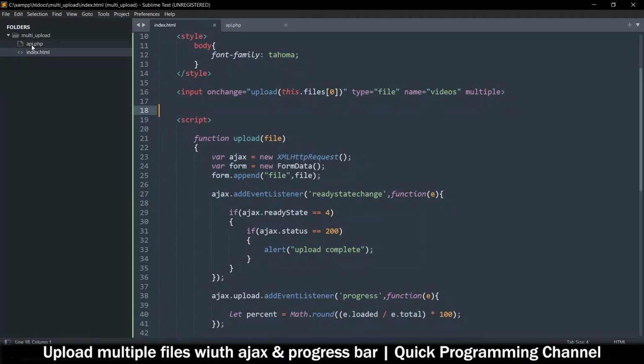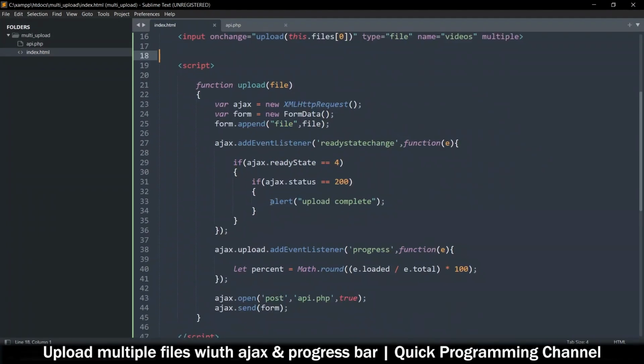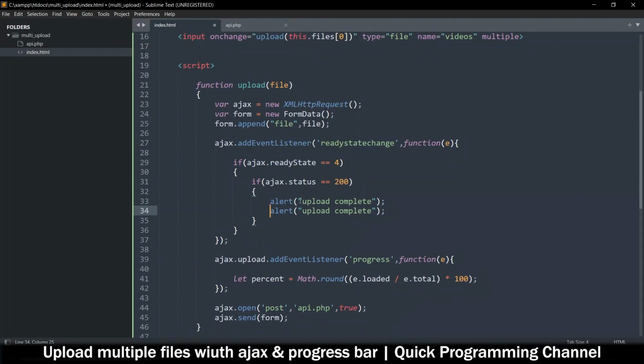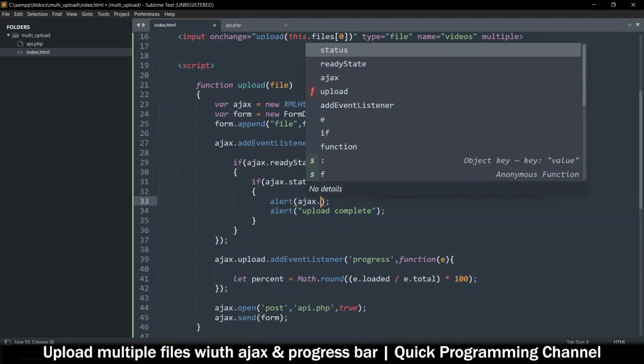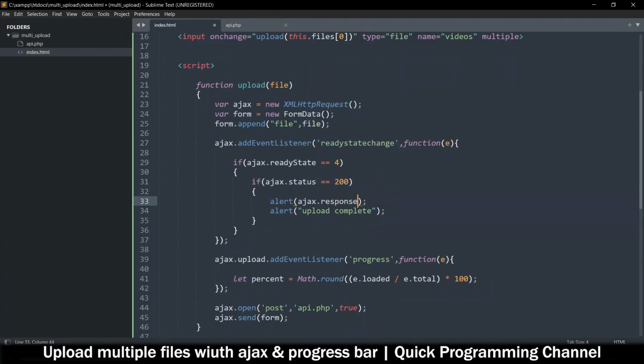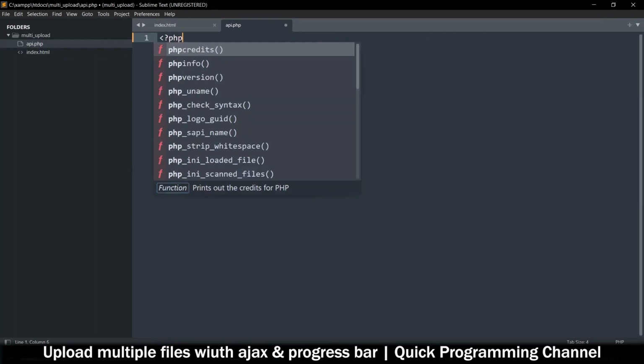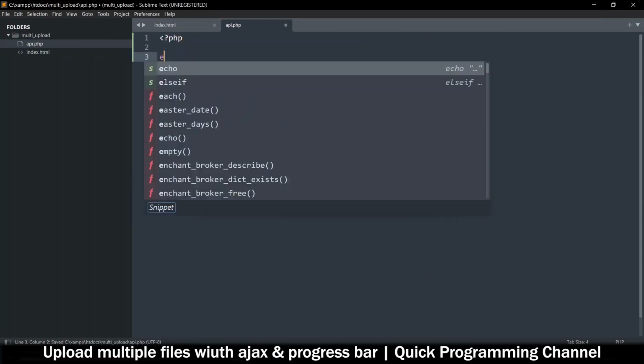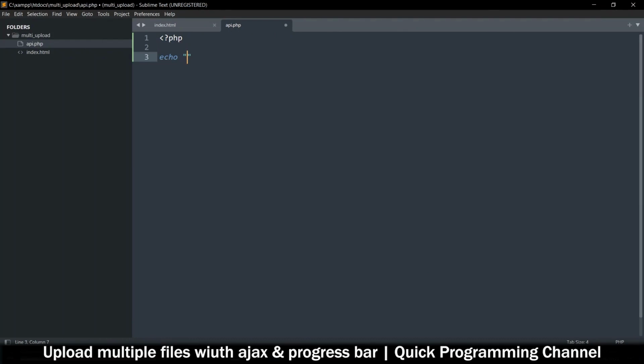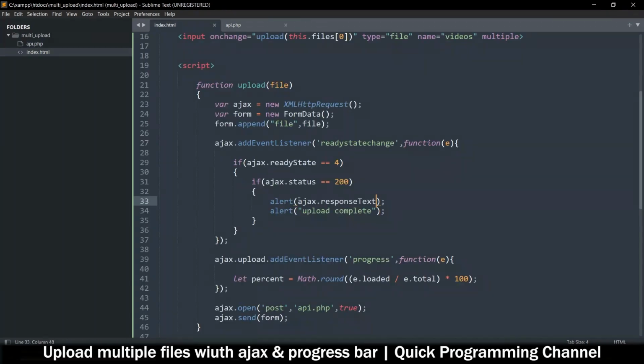Now here, if we want to see what, I can do two alerts. One will show us the result. So I'll say Ajax dot response text. So any echo that we do here will be shown there. So let me just put some PHP tags there so that you see that we can just echo something, hello world like that. So whatever we echo here or any errors that we get will be sent back as a response. So get the response, and then